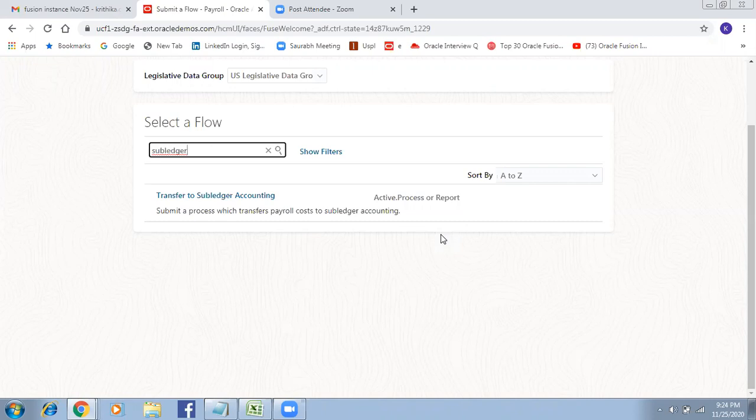Correct. I'll do one thing. I didn't send you the recording, did I? No. Okay, I'll send you the recording. Have a look. And then we'll discuss balance if required. Then we'll discuss. That will be better. Whatever questions you have, that will be fine. So with this, payroll process gets completed when it's transferred.